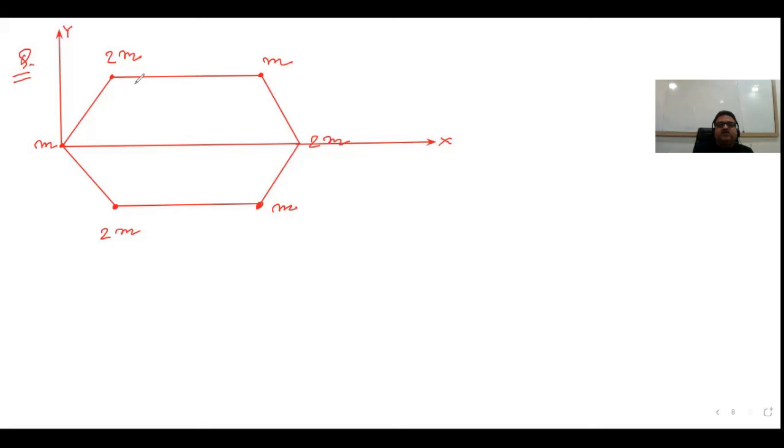Look at the students, a regular hexagon is given. All sides are equal to A. We need to find out the location of the center of mass. But I'm going to show you how to solve this by using a simple trick. Look, this 2m and this 2m are lying along the same line, correct? And what we know is both masses are equal, center of mass will lie exactly at the center, correct? So taking the position of center of mass of this exactly here, that is 4m. Similarly, the location of center of mass of these two masses is considered to be exactly here, that is m.